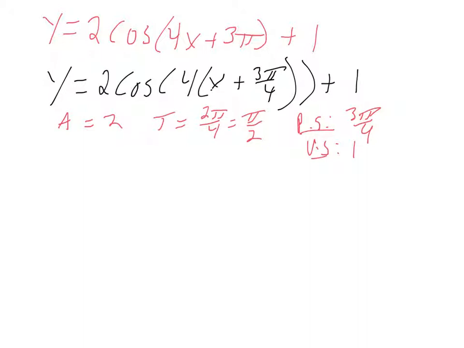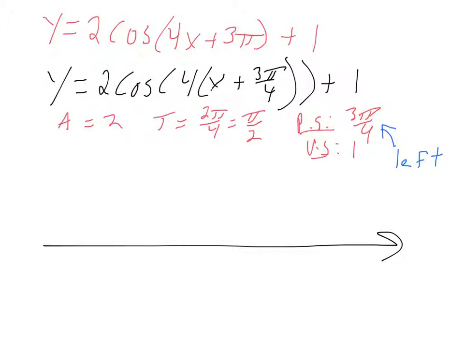So before we start graphing here, one thing that's important to notice is because we have plus 3 pi over 4, this phase shift right here is going to be a phase shift to the left, right, by 3 pi over 4 instead of to the right. So that means that we're going to be starting on the left side of the y-axis when we draw one cycle. So we have to keep that in mind when we're going ahead to draw our coordinate grid here. So we should make sure that we include a little piece to the left of the y-axis